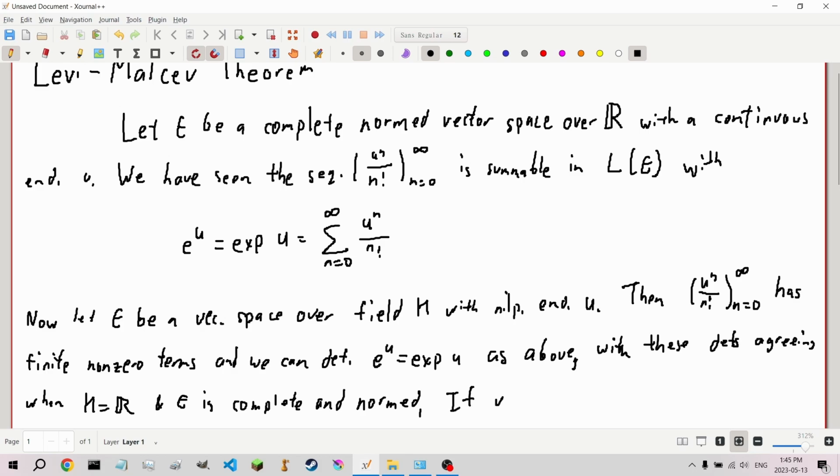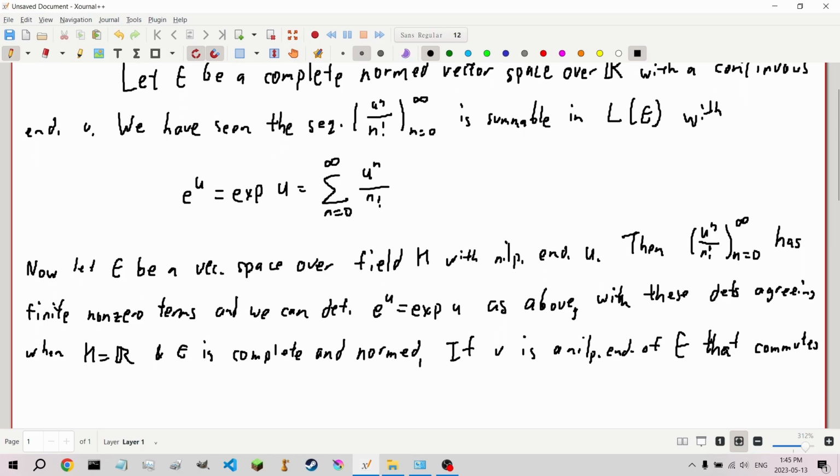If V is a nilpotent endomorphism of E that commutes with U, then we get